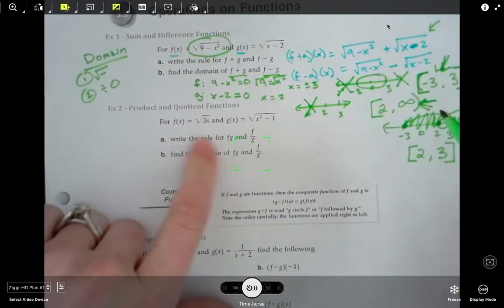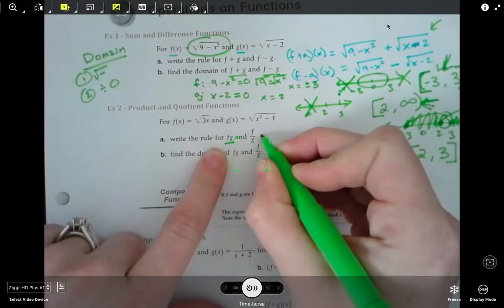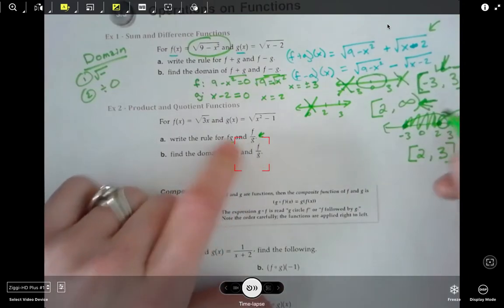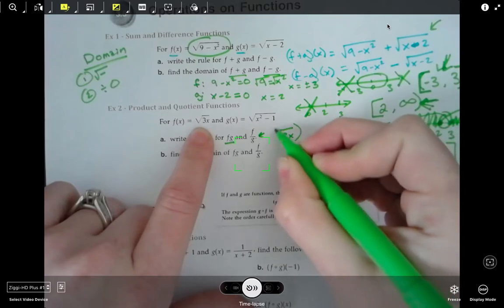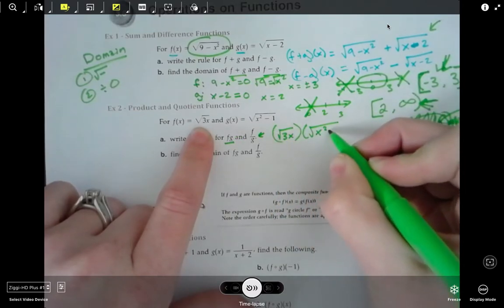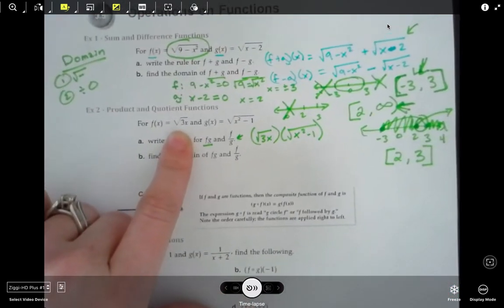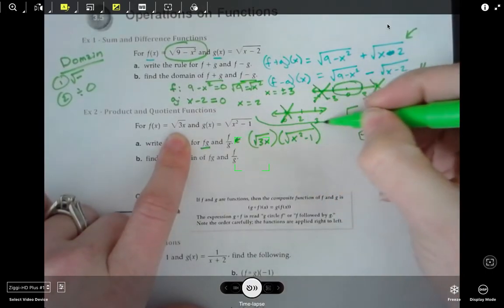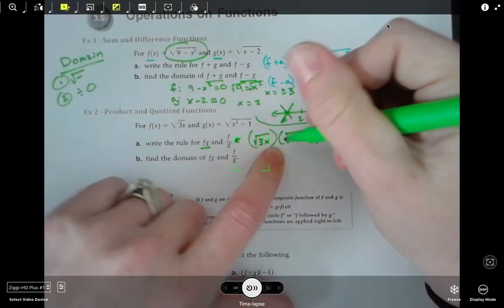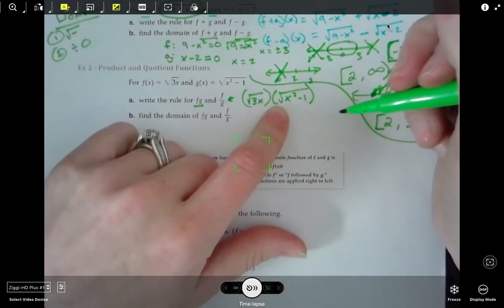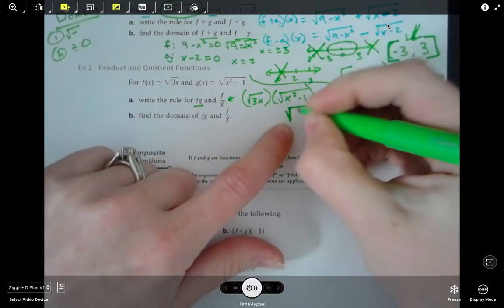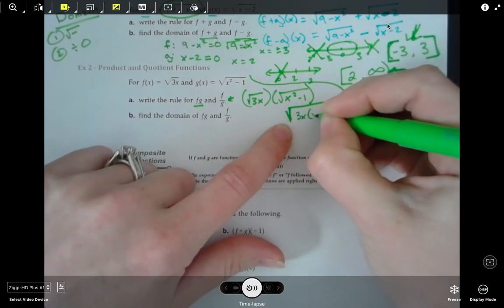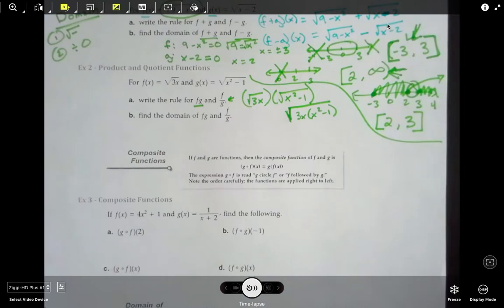A, write the rule for this means multiply, this means divide. So multiplying, we're multiplying the square root of 3x times the square root of x squared minus 1. Now, since we are multiplying, we can combine those things. Since we're multiplying, we can put those things together. So we have it all underneath 1 square root, and we've got 3x times x squared minus 1 is basically what we have going on here. Okay, and then